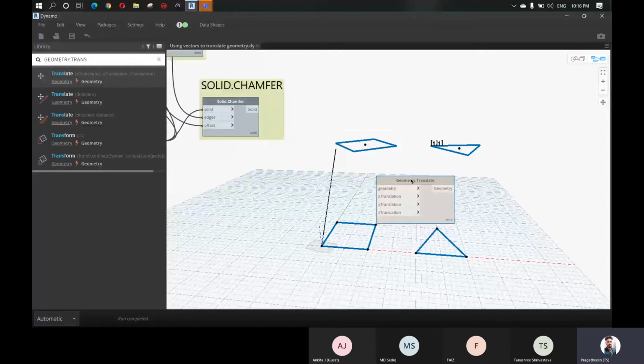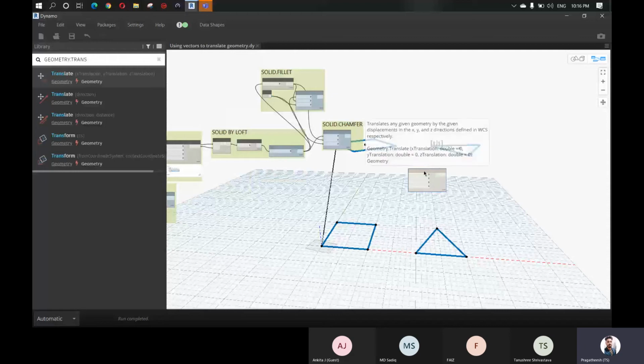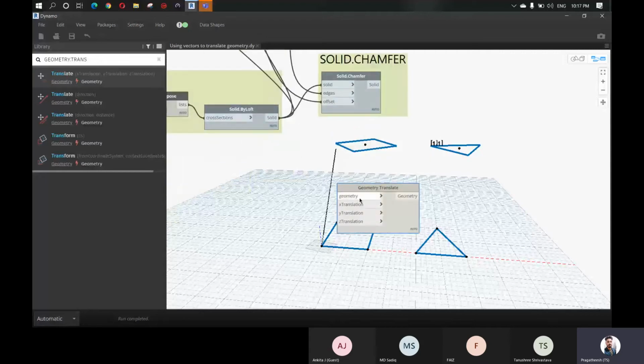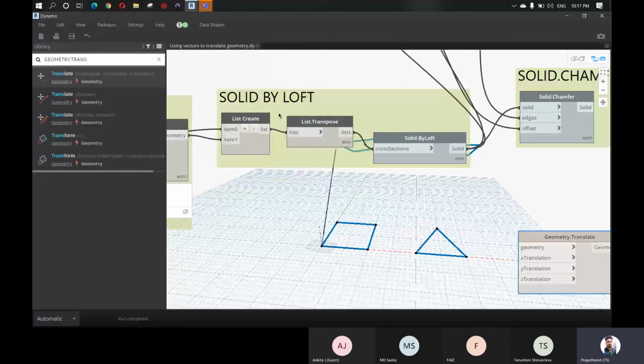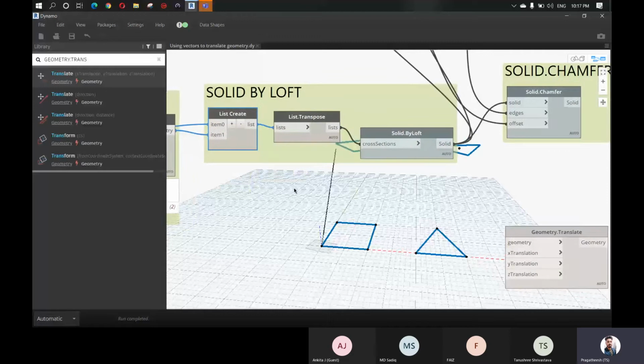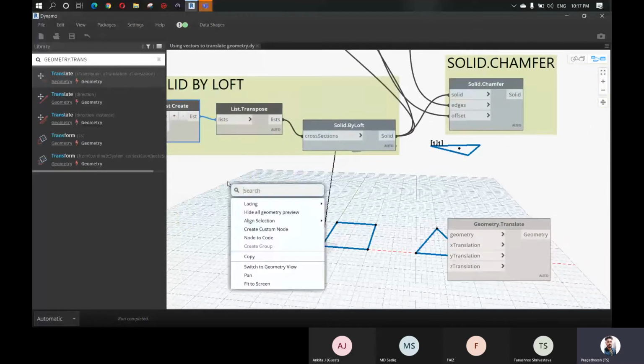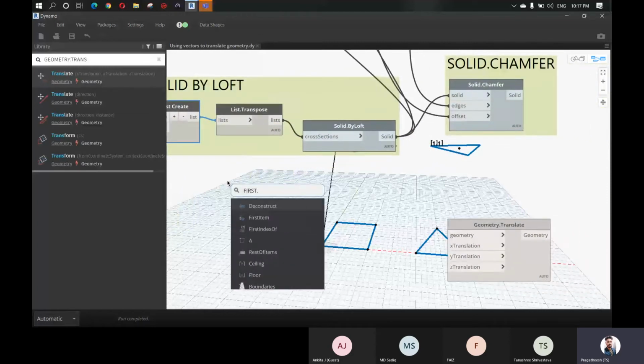Okay, so first let's say that you want to move the triangular solid towards the square solid. First we want the geometry of the triangular solid which we want to move. So for that, here we have the list of these two solids.